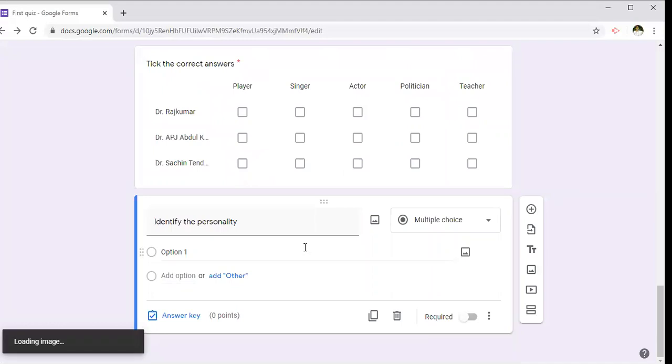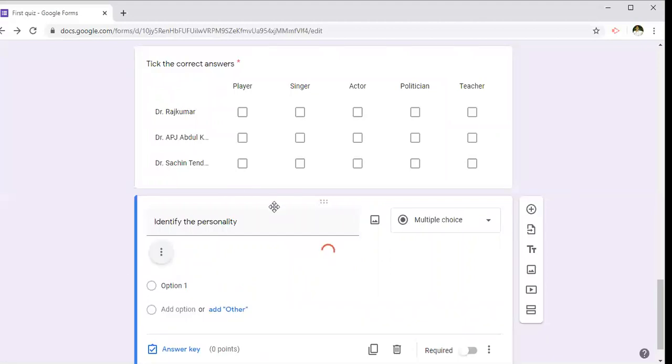So it comes and places on this question part. So image is loading here. You can see it takes some time. Okay.